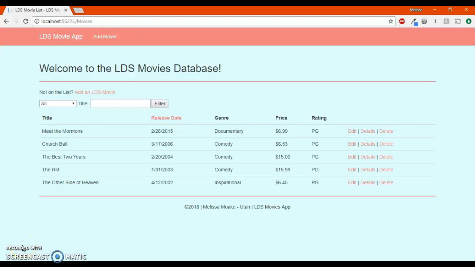Hi everyone, it's Melissa Moak again, and today I just want to give a quick demonstration of our LDS Movies database application that we made. The last couple of weeks, if you've been following along, we've had other database type lists like this, but this is moved into an MVC structure, which is a model view controller structure, which separates out the information